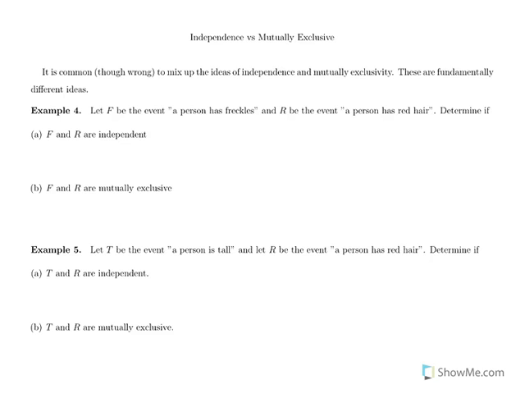So for the next few examples, let's ask whether two events are independent, and we'll also ask whether they are mutually exclusive. First example: let F be the event a person has freckles, and R be the event a person has red hair. Determine if these two events are independent. Do they affect each other? The answer is no, these are not independent because a person has a higher chance